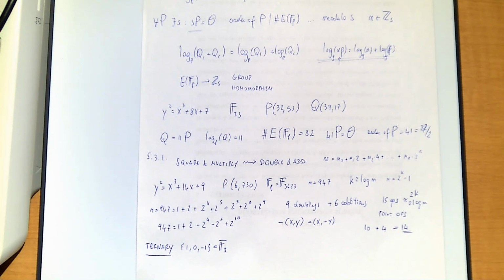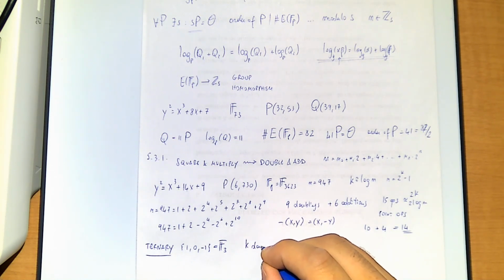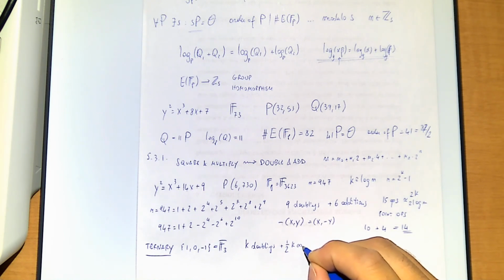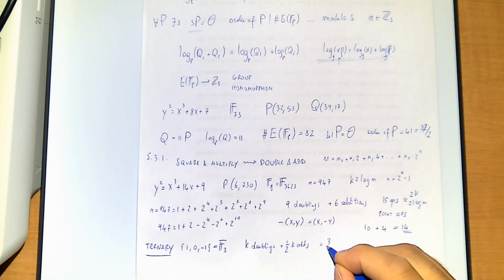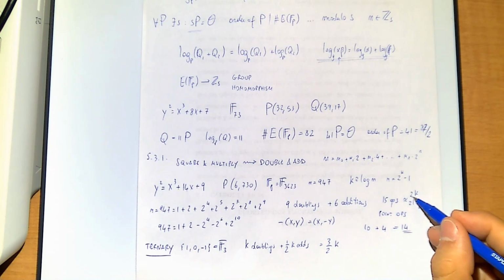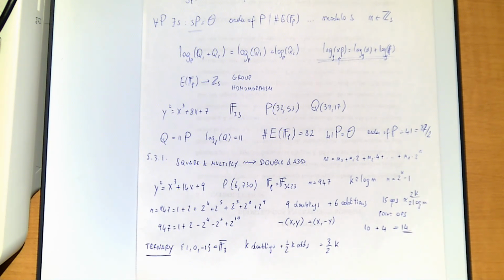but if you allow ternary expansion, then we never get more than k doublings plus half of k adds, which is in fact 3 over 2 k. And if you compare this with the 2k that you had here, remember k is the log n, then obviously this number is strictly less than 2k. Okay, so this is valid in the worst case,